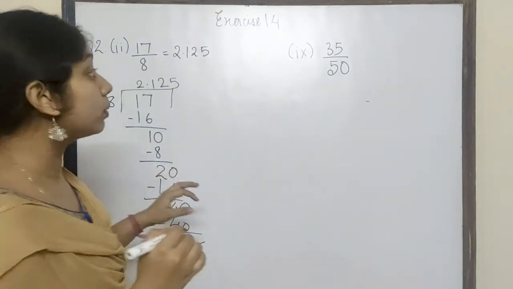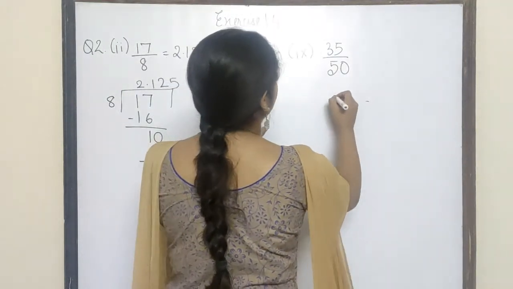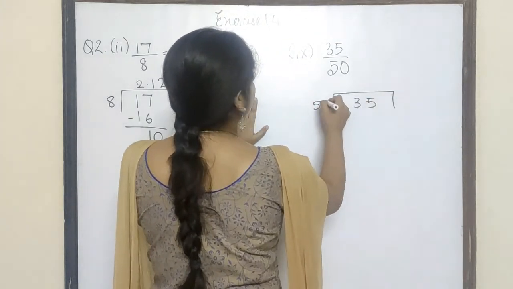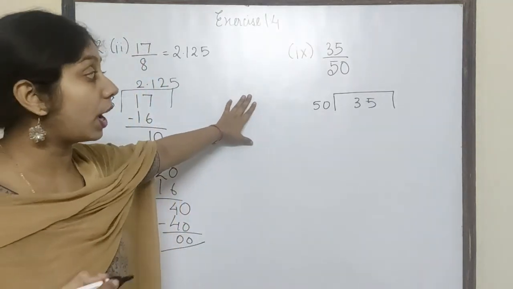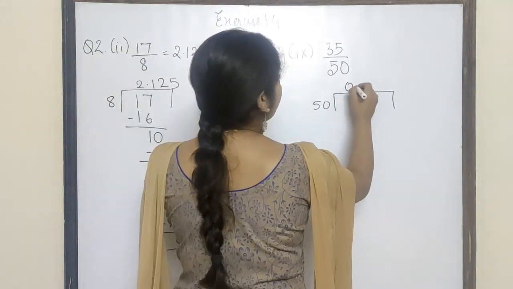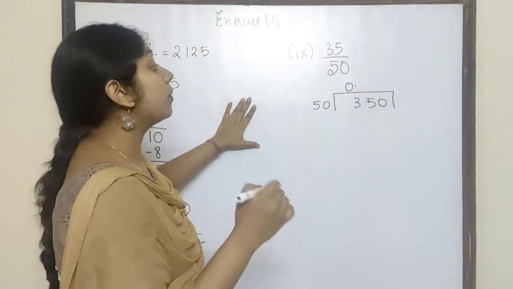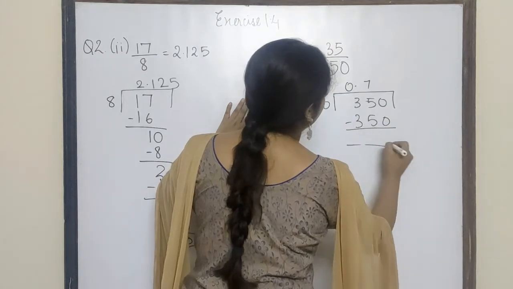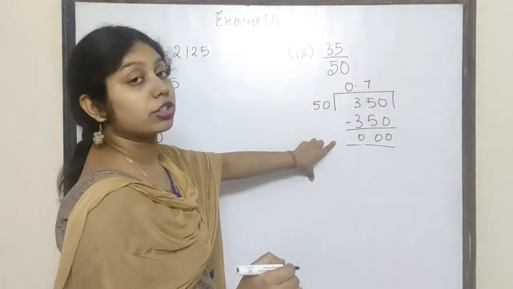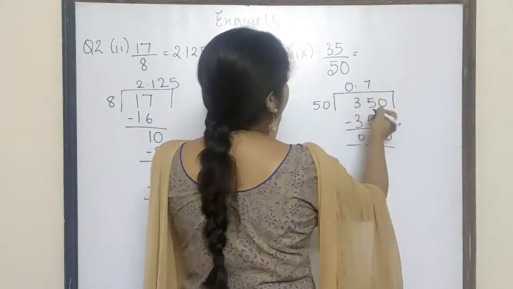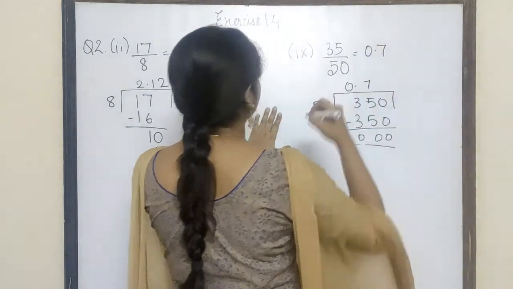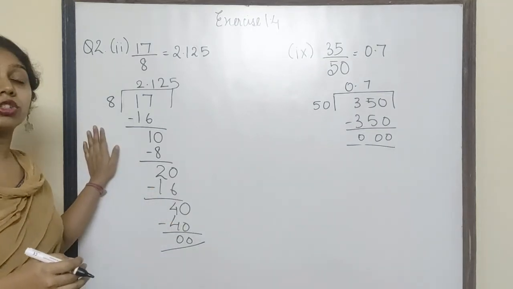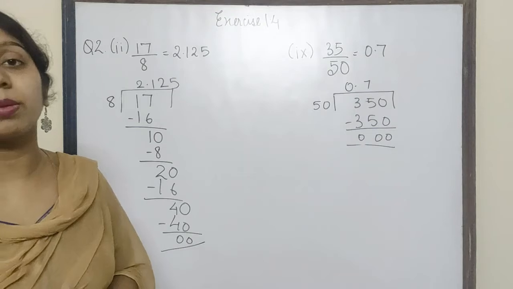Next we move on to the ninth part of the first question, 35 upon 50. Now let us see. This is number 35. This is number 50. Now 50 is greater than 35. So over here we will take the decimal first of all. 0 over here. Now 5 7s are 35, and 0 makes 350. Here your decimal expansion stops. So 35 upon 50 can be written as 0.7. Is that clear? The rest of the questions are also very easy. Same as it is, you have to solve it. Let us move on to question number 3.